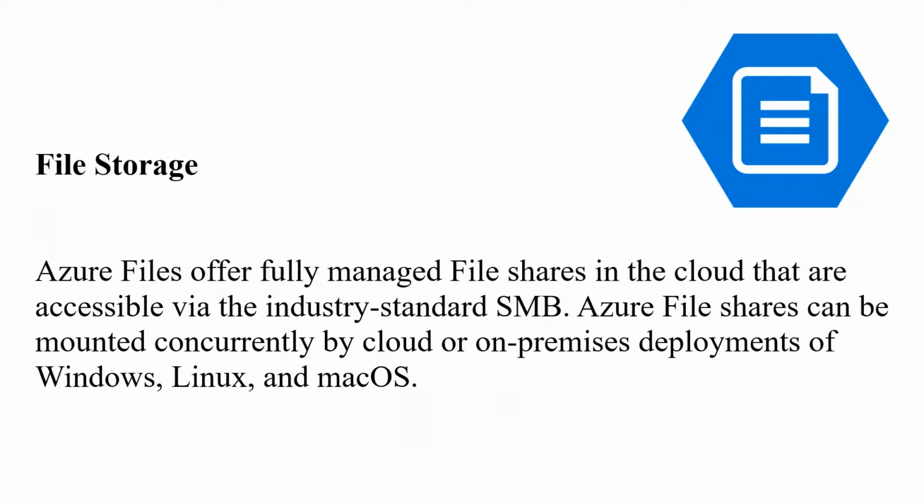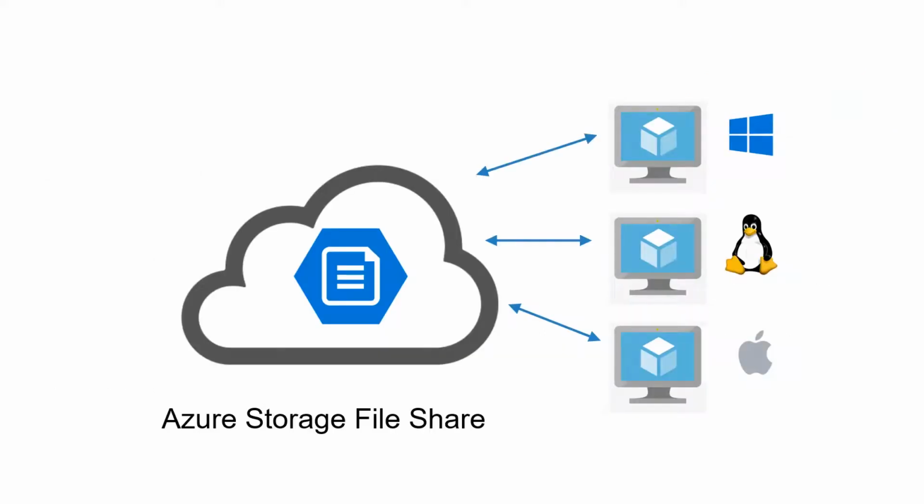Azure file storage is a fully managed file share in the cloud. So you can connect with your on-premise and then you can share your data with on-premise and the cloud. You can connect this with multiple virtual machines and then you can share data among the machines. So in this way you can use it like a shared server. You can connect your file share with any of the operating systems like Windows, Linux or Mac. You can even connect the same file storage with multiple virtual machines under different operating systems.